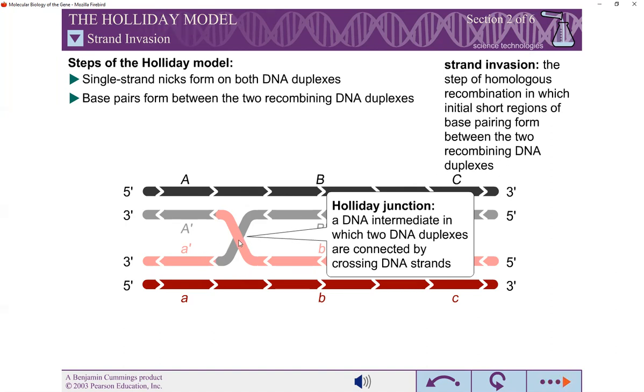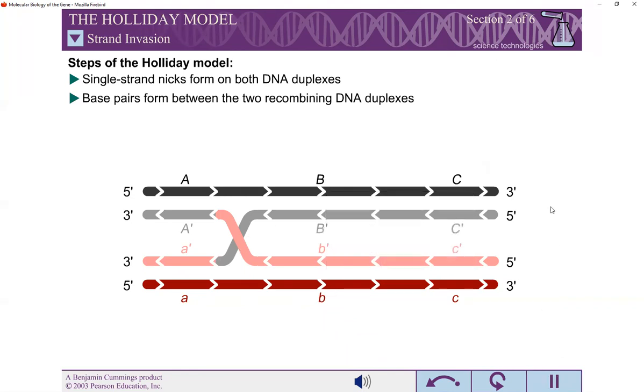There is a region that is produced in between the two homologous chromosomes, having a branch point, and this branch point is referred to as the Holliday junction. The Holliday junction is a DNA intermediate in which two DNA duplexes are connected by a crossing DNA strand. Both the DNA duplexes are arranged in the form of a crossing DNA strand, which you can visualize here. This is the cross that is going to be produced. Next. Remember,